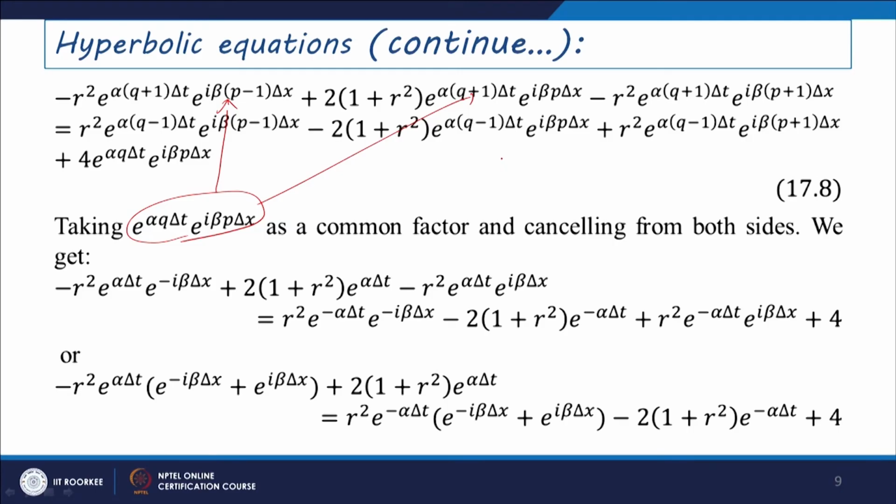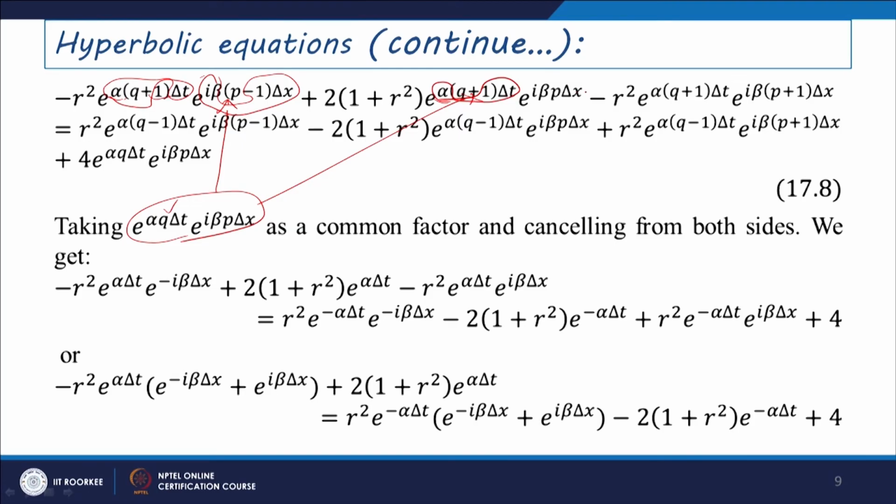then we can get this equation in the form of minus r square e to the power alpha del t, since alpha q del t has been taken common. So, that is why we will have here alpha del t only, and if you see the second term here, since I beta p delta x has been taken common, we will have these terms in this form here. So, e to the power minus I beta delta x plus 2 into 1 plus r square. Similarly, e to the power alpha del t is just remaining over there,